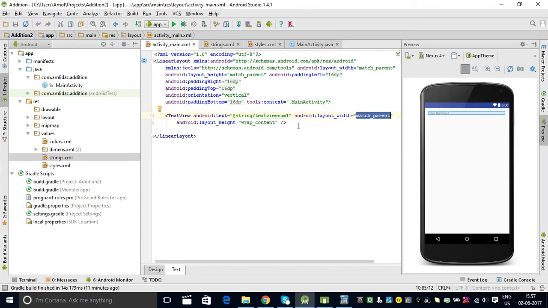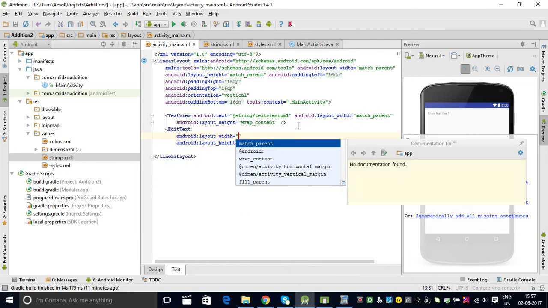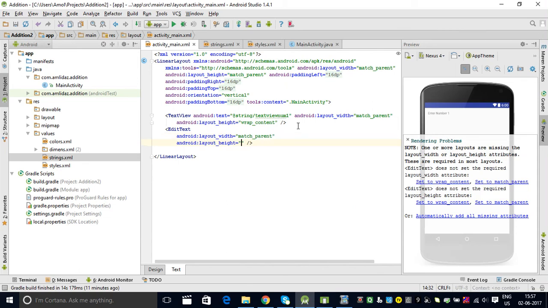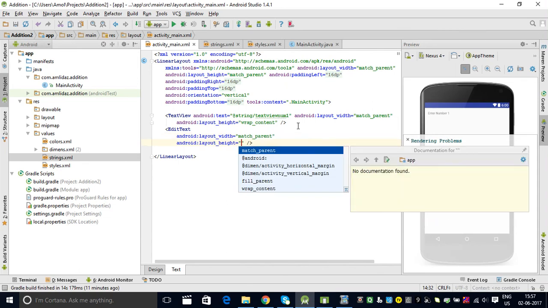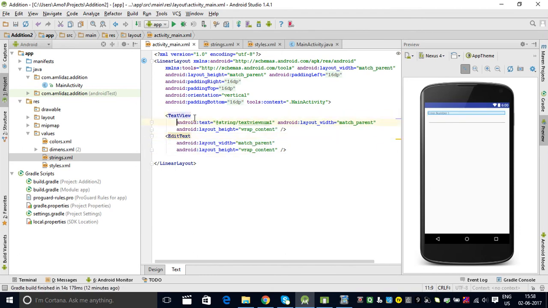Okay, now we are going for another view which is called edit text, where the user is going to enter the number. I am going to use it as a match parent once again, and the height will be wrap content. Okay, every view should have an ID. Like text view should have an ID, like